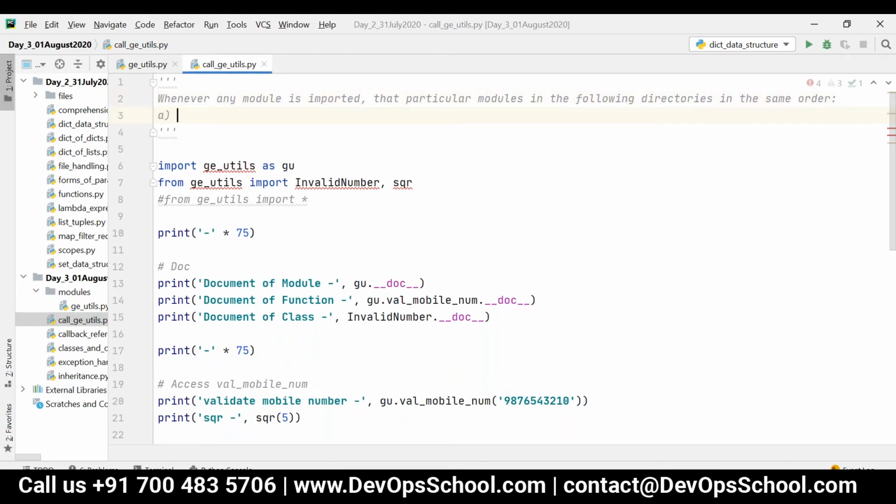First one is the current directory. So your current directory has the highest priority among all the other directories.